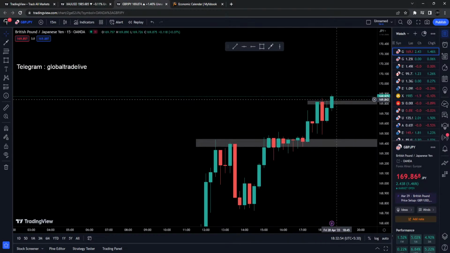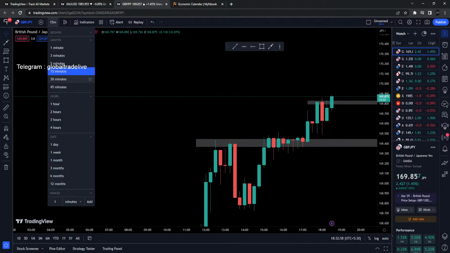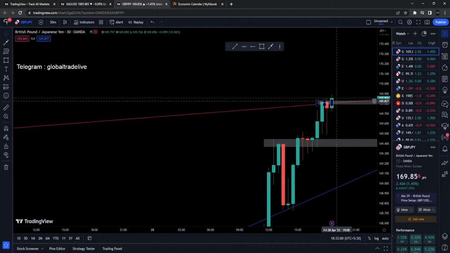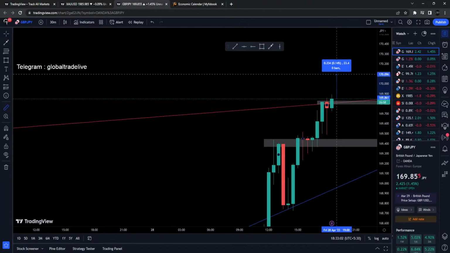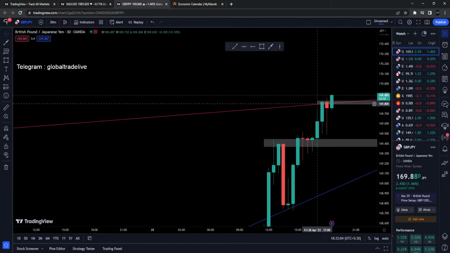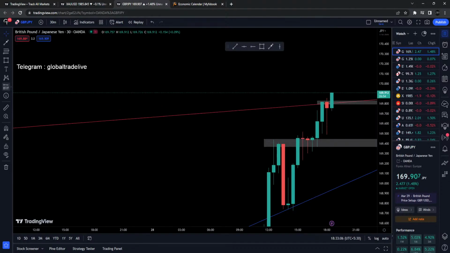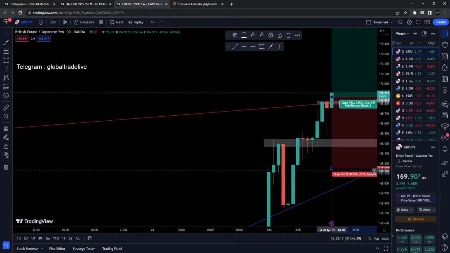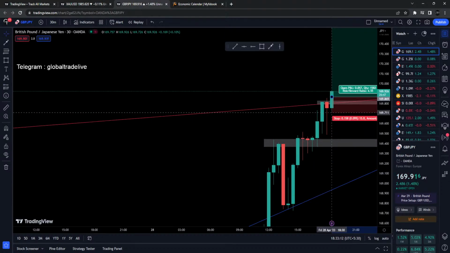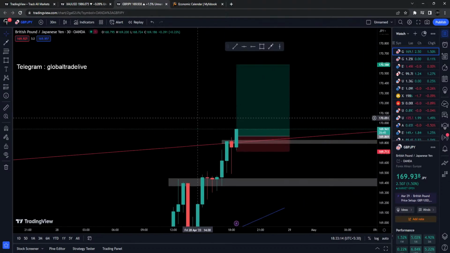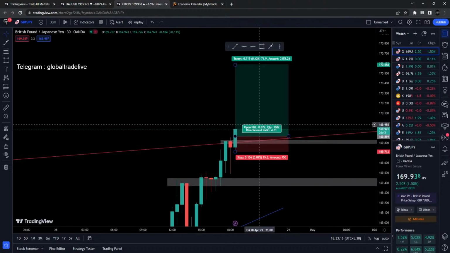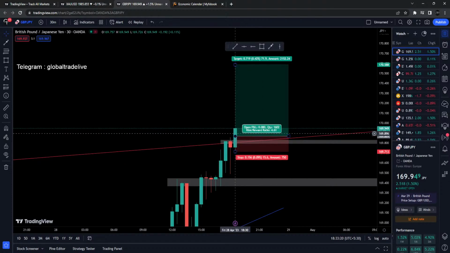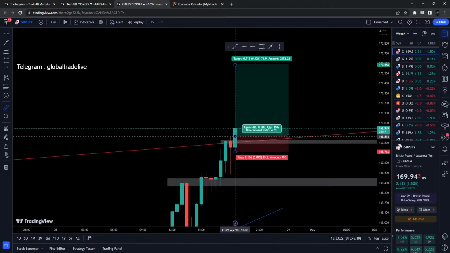And look over here, GBP JPY has broken the highs. Now it will be really interesting to see whether this candle will continue to move up or not. Look, this is a very traditional kind of a setup, so let's take this as a paper trade. I'm not taking this trade, guys, I'm just taking this as a paper trade. Let's see how far it will go. Okay, running in like 7.2 pips over here, 7.8, 7.9. Nice.